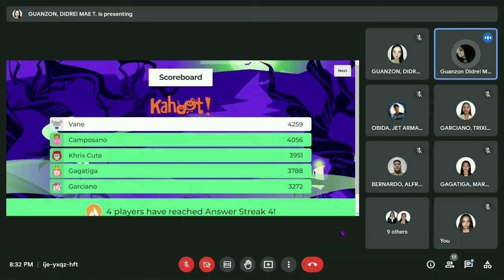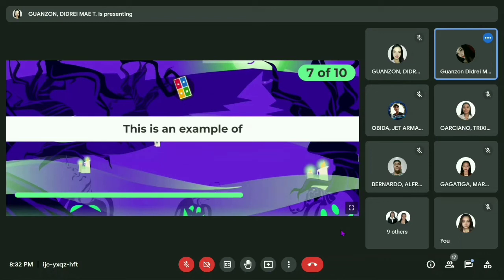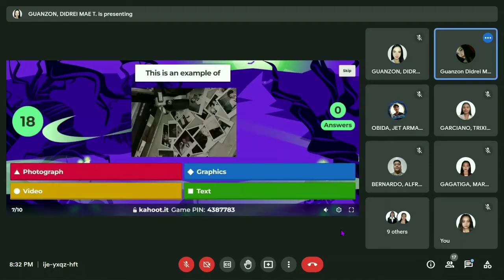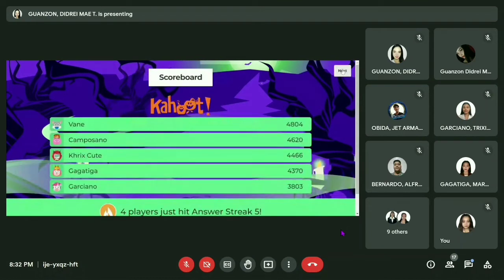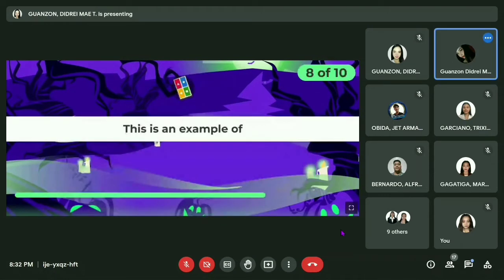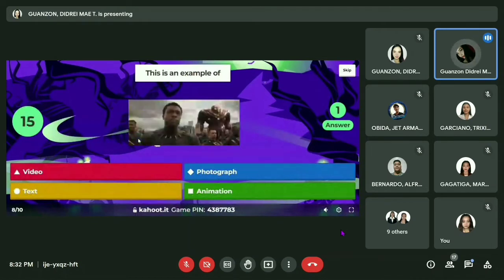Sorry guys, next. The Polaroid is an example of photograph, graphics, video, or text. Okay, next again.